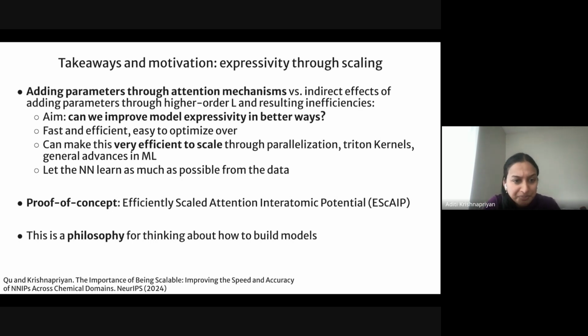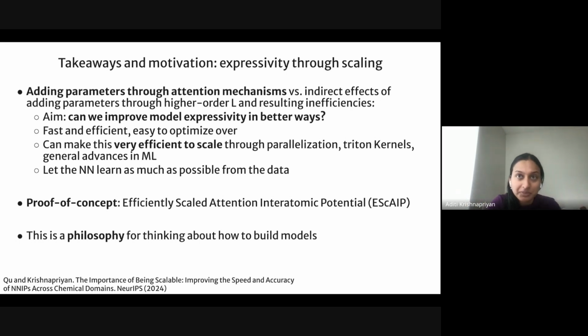the data itself. And one point about this is, I actually really don't like model building. I think we're building way too many models right now, and there are a lot of other problems we should be looking at beyond just model building. But when we make claims like this, we have to show a proof of concept of the ideas. And so we did end up building a model, which we call the efficiently scaled attention interatomic potential, or